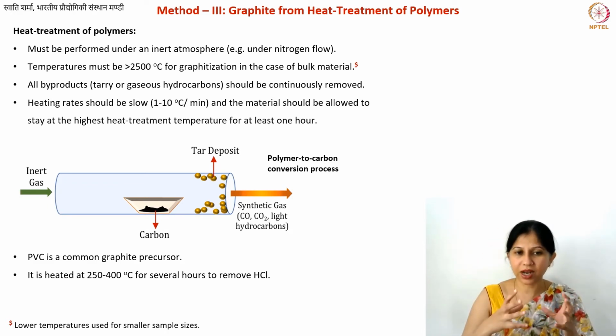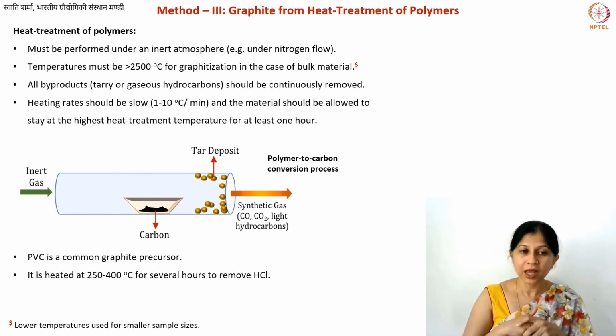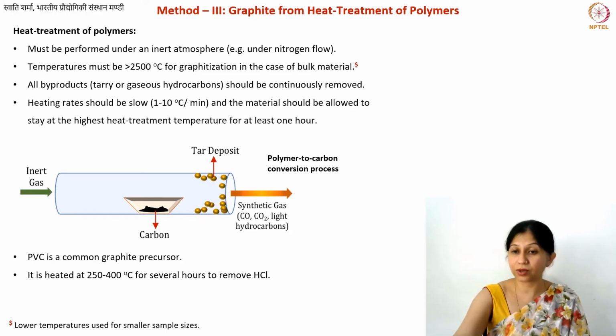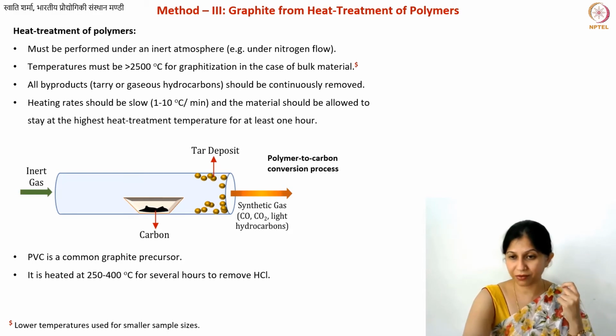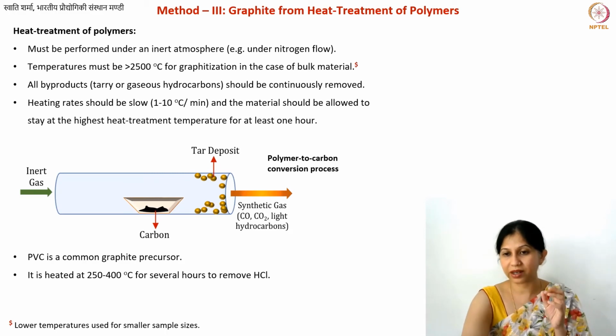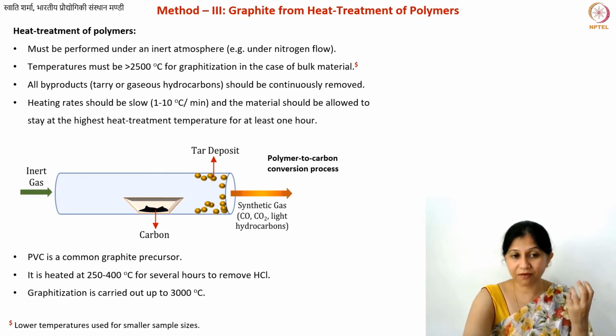and the acid will then be removed. Around 300-something degrees, or below 400, the PVC also becomes liquid because it does degrade. But our goal is to make sure that most of the chlorine is removed, so the longer you do this process, the more chlorine you can get rid of. After that, the material you get is very similar to the needle coke that we were talking about. So if you do this heat treatment up to 400 degrees, you get rid of the HCl, and then maybe you heat it a little bit more, and what you get is coke-like material,